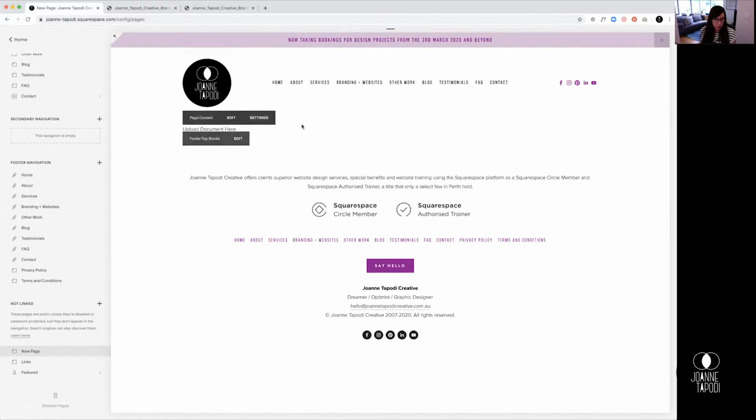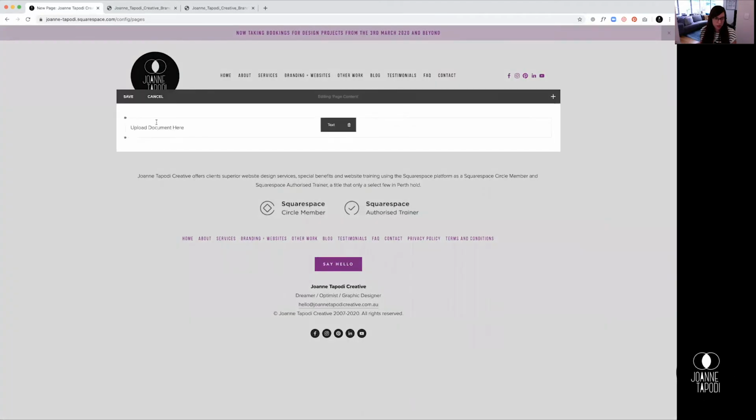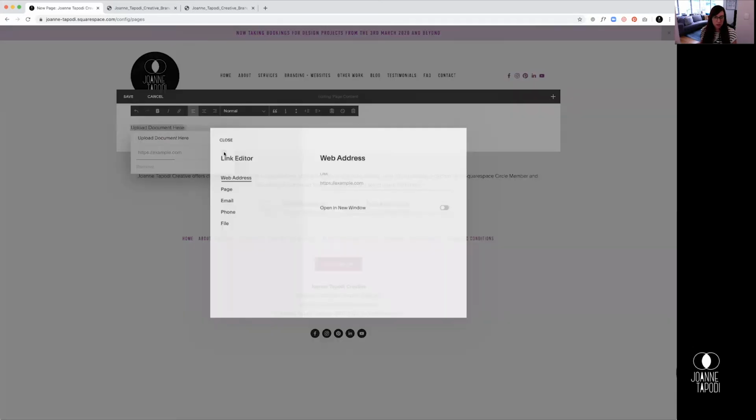And then if we go onto the page, I've created a little text block here. So we're going to edit the page. So I've just got a text block and I've just put in my dummy text as upload document here. I'm going to select that text and now my text editor pops up. I'm going to click the little link icon and now I'm going to click the little settings, which opens up